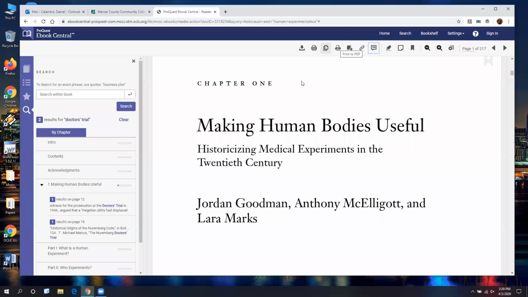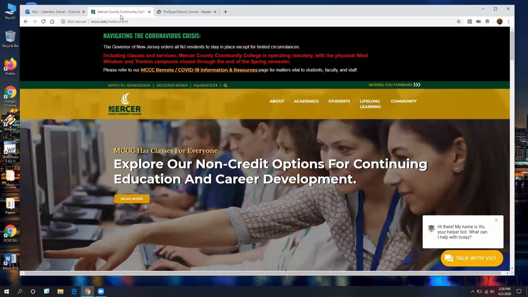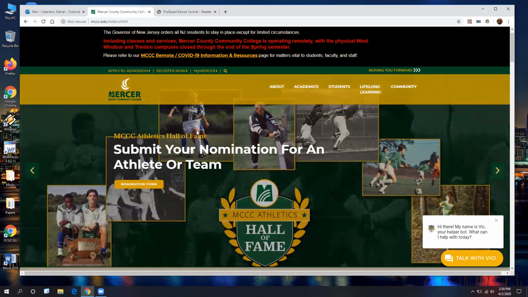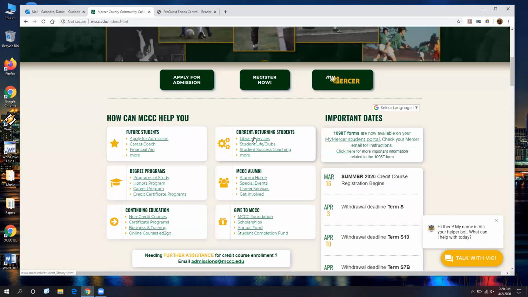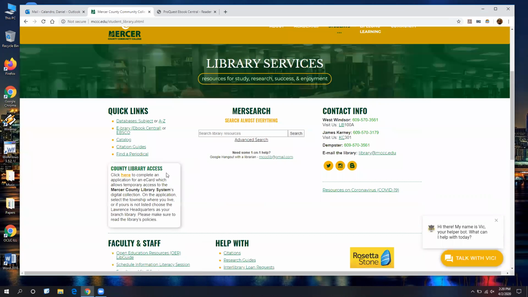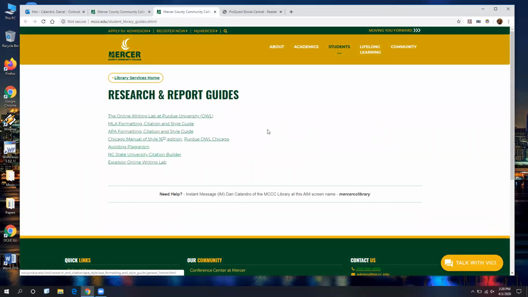Now, normally to do this, you would kind of have to go and do it on your own, and you can do that, and I'll show it to you, but I'll also show you a tool that'll be helpful. All right, so we like this one. We like chapter 1 here. This had our information. So what we want to do is find citation info. So we scroll down here from the main Mercer website, go under Library Services, click on that. And if you look on the left-hand side under Quick Links where we've been, that's where the databases were, that's where eBrary was. If we click on our citation guides, that'll take you to where you can get some help